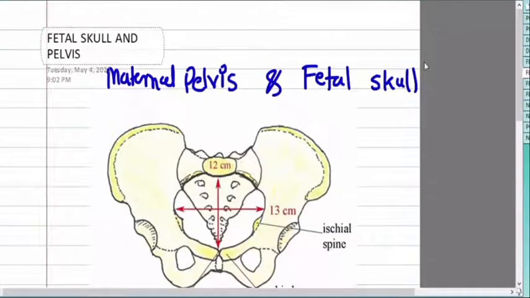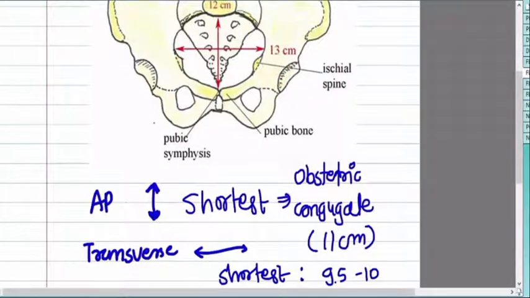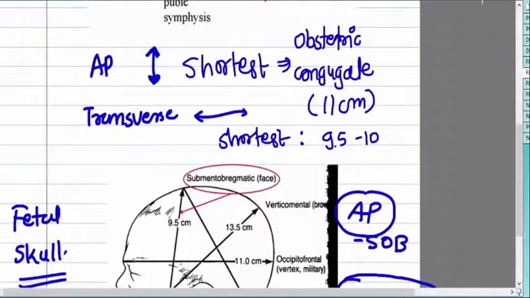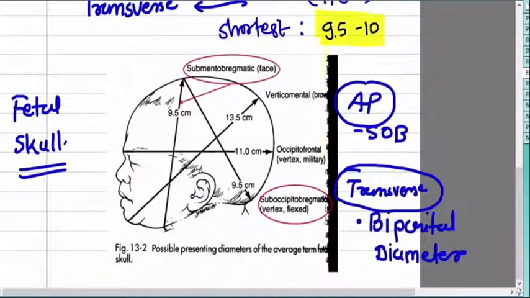Now let's discuss some important diameters of the maternal pelvis and fetal skull. In the maternal pelvis, the shortest anterior-posterior diameter is the obstetric conjugate, that is 11 centimeters. The shortest transverse diameter is the distance between the two ischial spines, that is around 9.5 to 10 centimeters. If we talk about the fetal skull, the anterior-posterior diameter changes according to the position and attitude of the fetus,